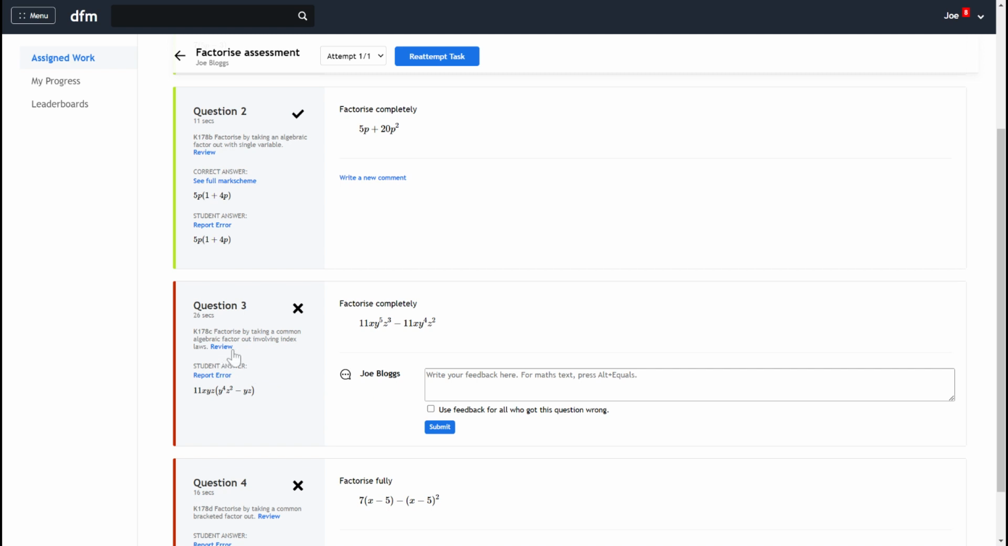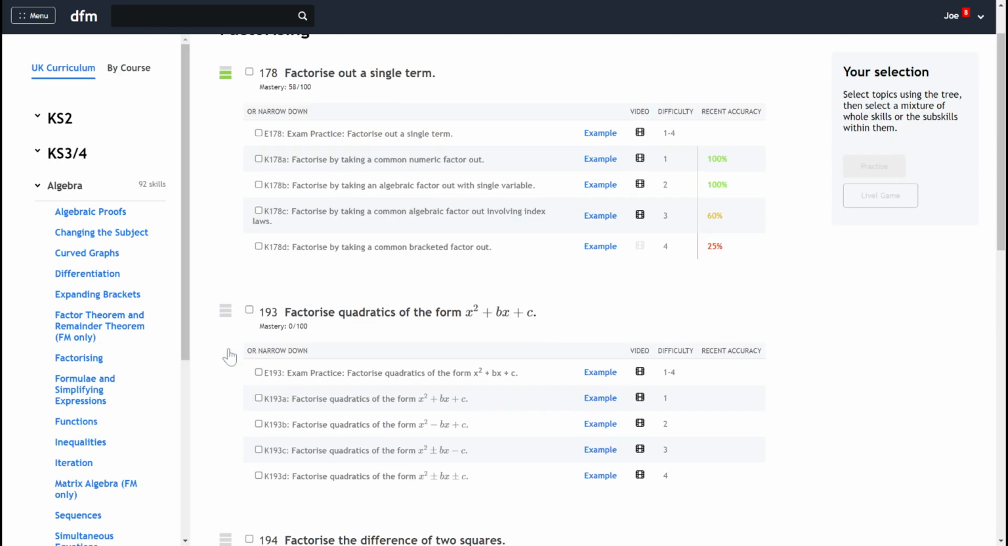But I want to draw your attention to the review button here. So this is a key skill K178C. He can click review like this. And again, that is taking him back to the factorizing. So within a particular homework task, the student can link that straight to some extra practice. And I think that can be really powerful for closing the gap